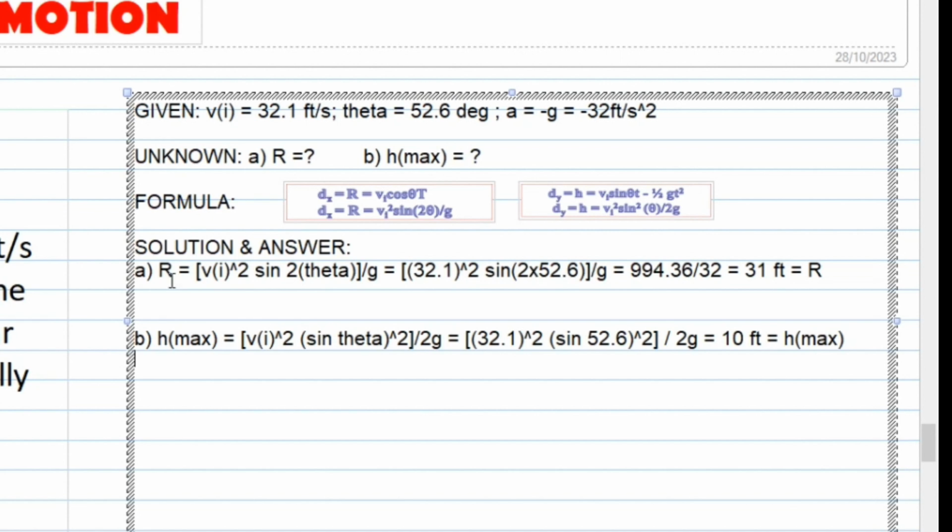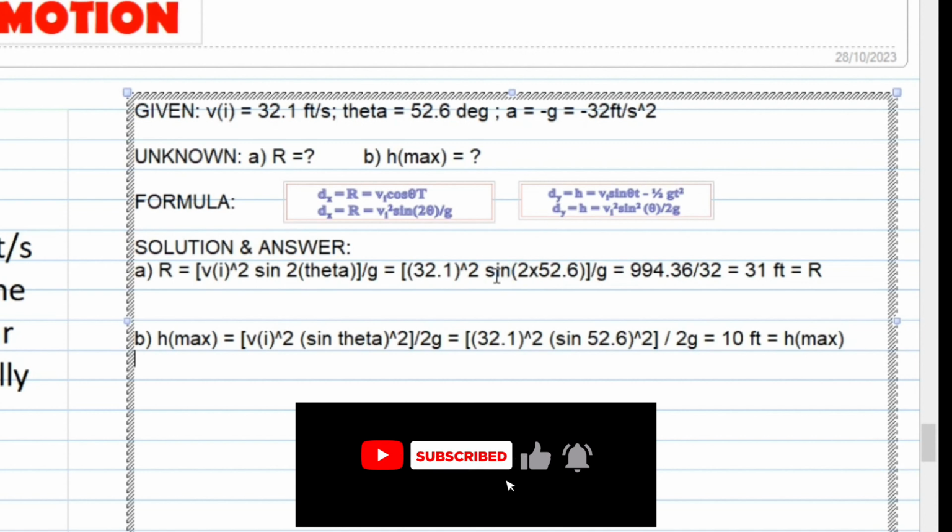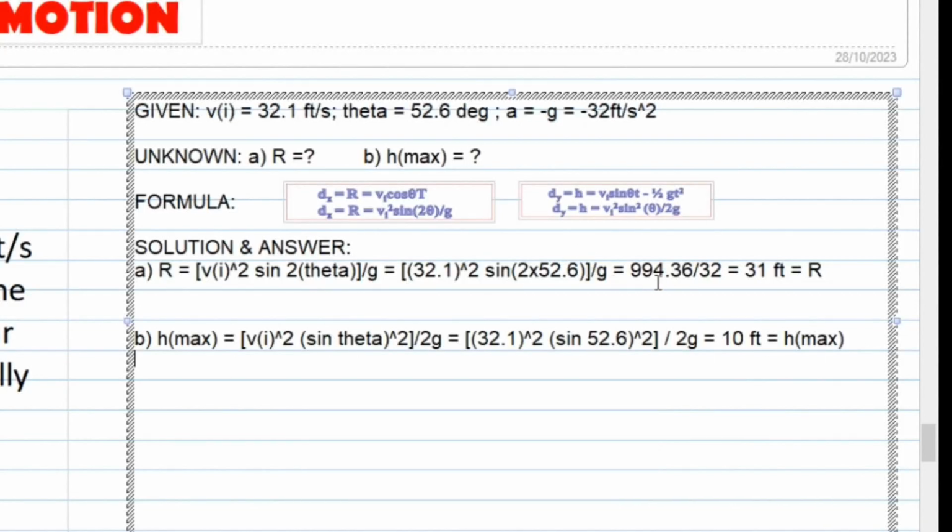For part A, we have R is equal to Vi squared sine of 2 theta divided by g. So, substituting the given values, we will have 32.1 squared sine of twice the angle. So, multiply mo muna yung angle na 52.6 ng 2 bago mo kunin yung sine. Okay, tapos multiply mo si square ng 32.1. Then, yung sagot nun, divide mo ng 9.8. So, ang lalabas ay